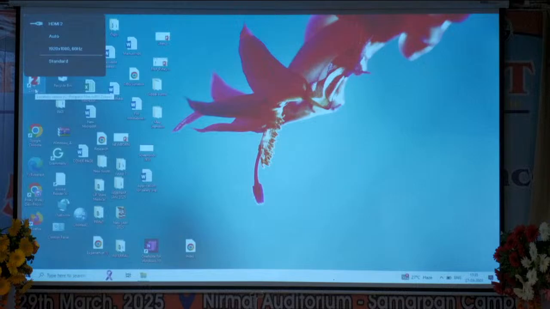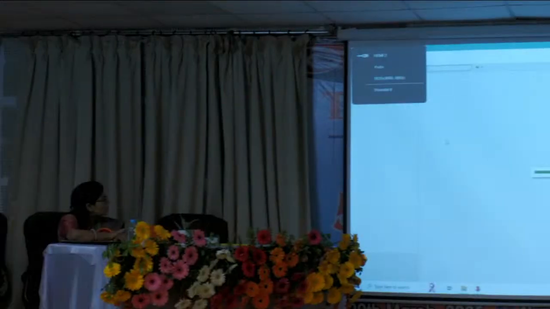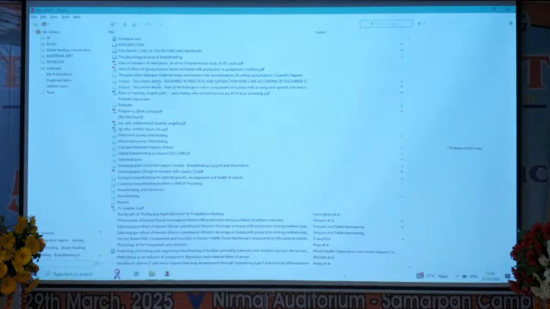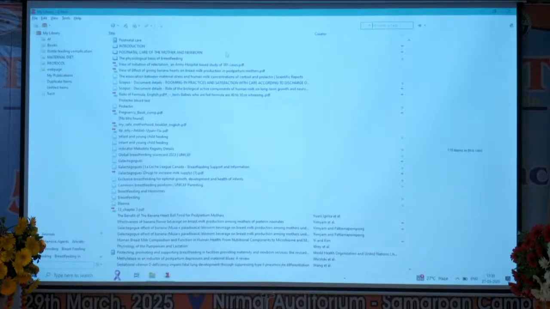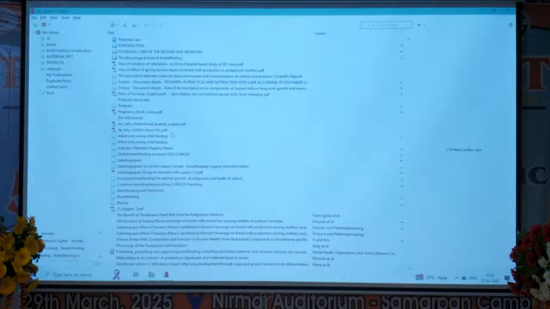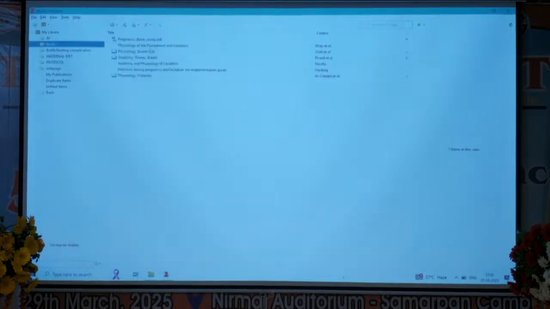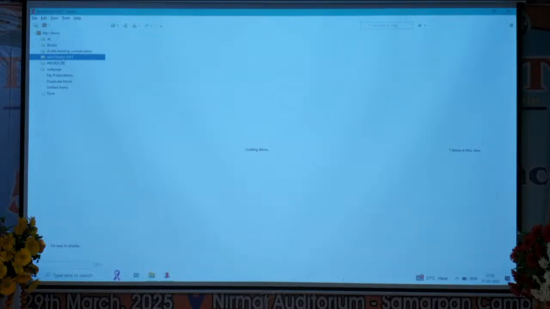Okay. This is my Zotero software. Can you see, all of you? See here, I have added so many articles. These are the articles; like this, you can add folders and books. These are the online books I have added, okay. Then, like this, you can open the folder.